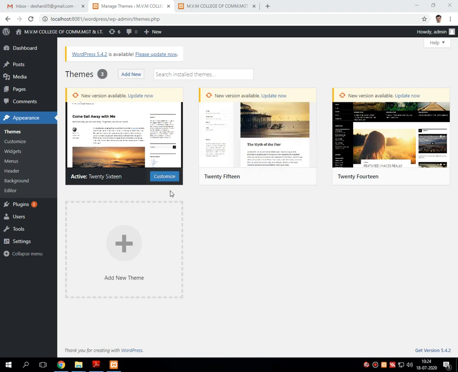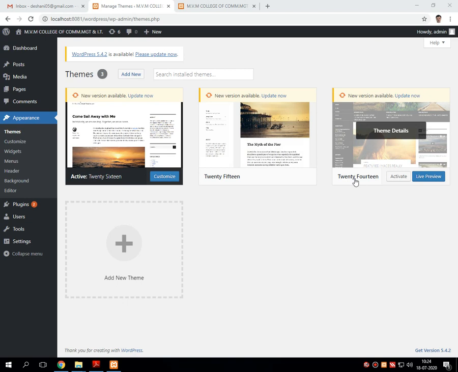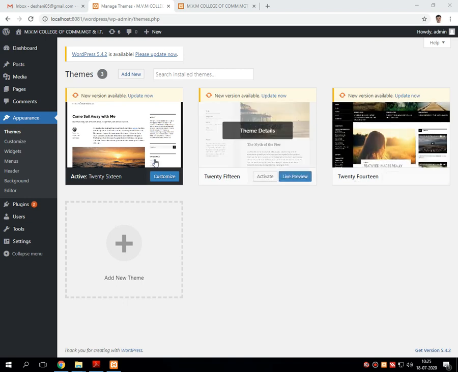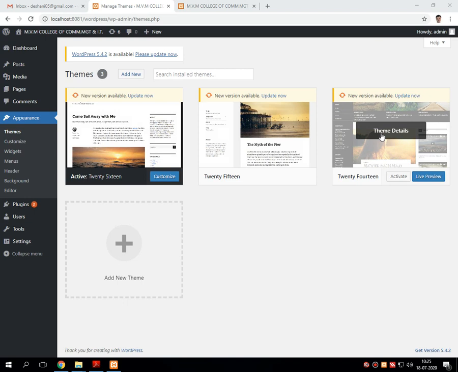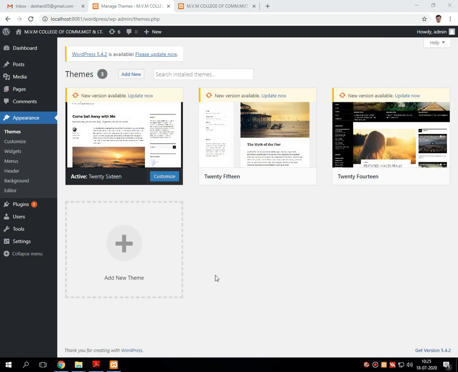The names of the 3 themes given by default by WordPress are 2016, it's a name of a theme, 2015, it's a name of a theme, and 2014, again a name of a theme. Now, as you can see from these 3 different themes, there is one difference.